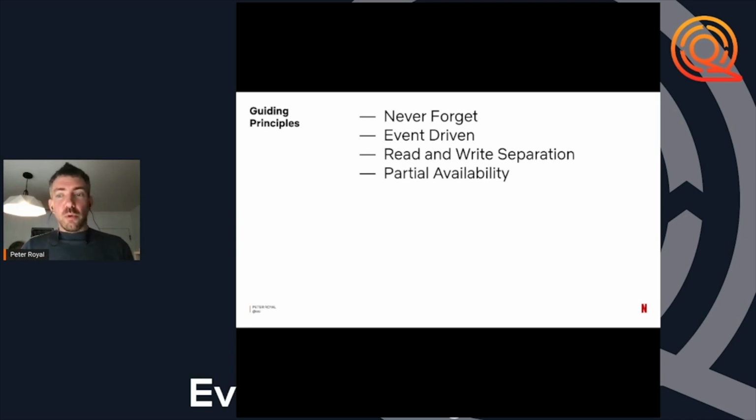I also wanted to enable partial availability. I wanted to have conceptual bulkheads inside of the system that would allow portions of the system to fail, but not the entire system to fail. My thinking is this would be valuable whenever the inevitable incident occurs. By being able to isolate the scope of a failure, the operators of the system know that they only need to look at a certain portion of it when trying to remediate, reducing the scope that they have to think about.